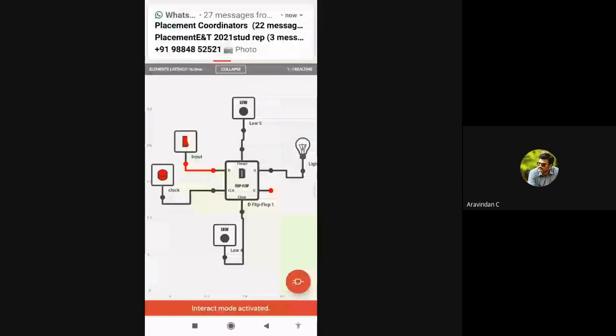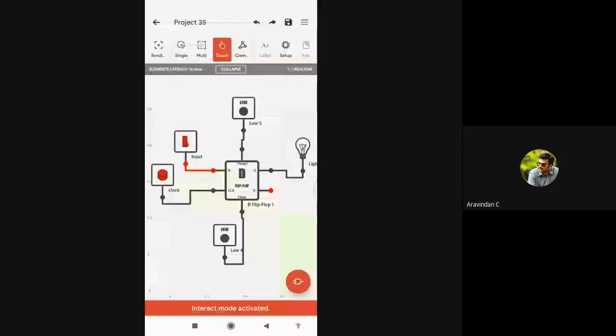The data can be transferred from the input of the flip-flop to the output of the flip-flop only when I give the clock pulse, only when I get a command from somebody else. Okay, so now I'm going to press the clock pulse. Only a single press I'm going to give. It is like a spring button only. So once I press the clock pulse, this data input, which is high data, is transferred to the output bulb. Now you can see the output. See now? After I press the push button, that is the clock pulse, the data is transferred from the input to the output.